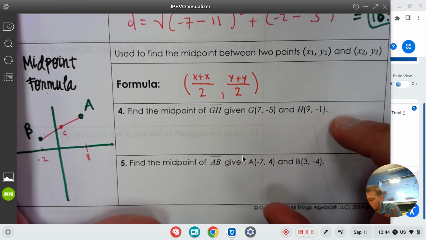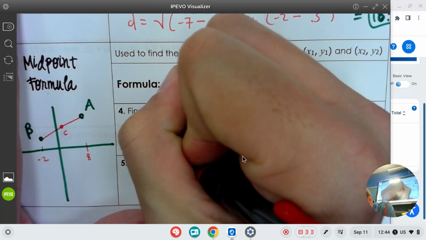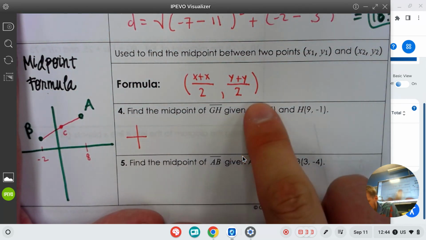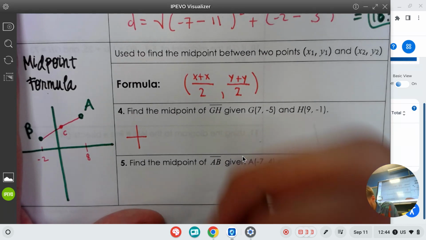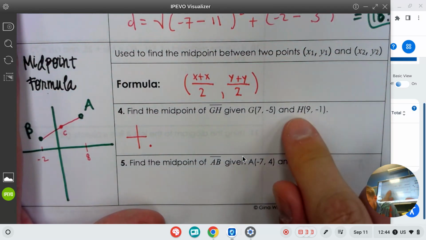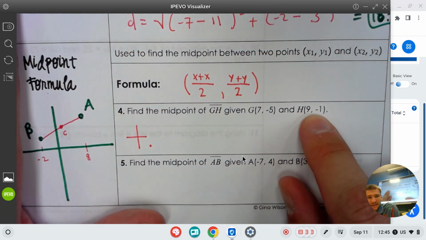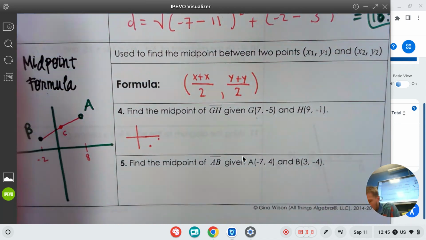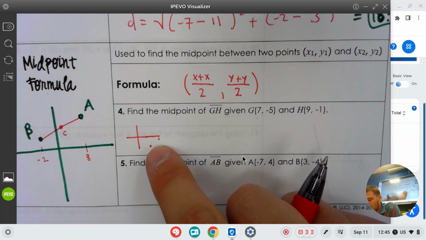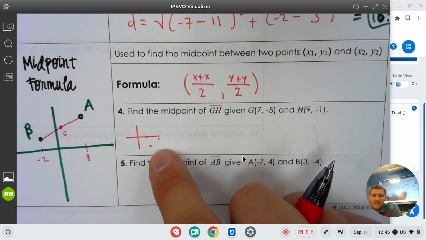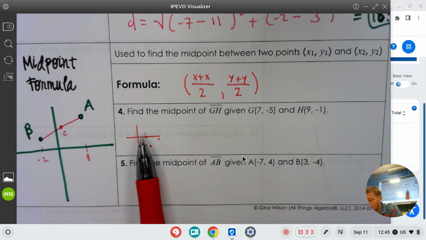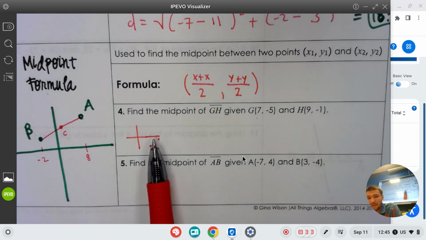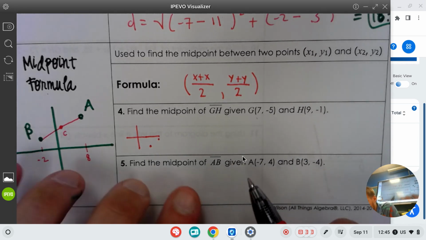at 9, -1. If I was just going to draw a quick little guess where that is, 7, -5 is right down, so maybe that's down here. 9, -1 is also even more right, but less down. So maybe I'll call it like right here. Okay? I'm going to try to find the midpoint of these 2 dots. I expect it to be in the positive x direction, and I expect it to be in the negative y direction. So if I'm going to use this formula,